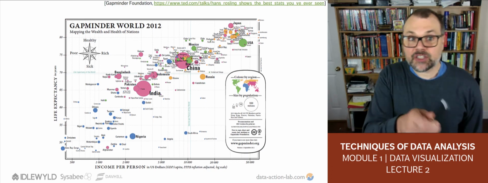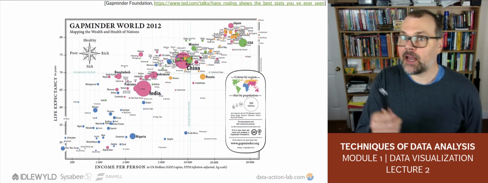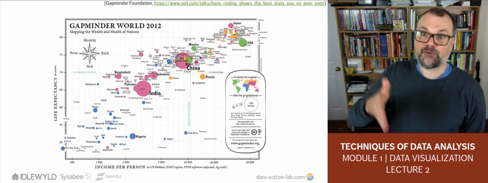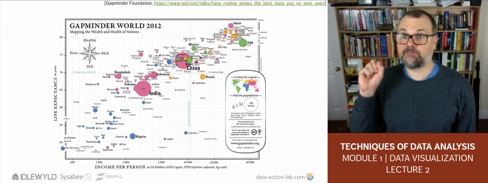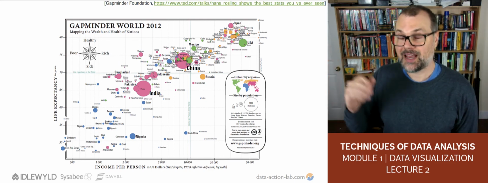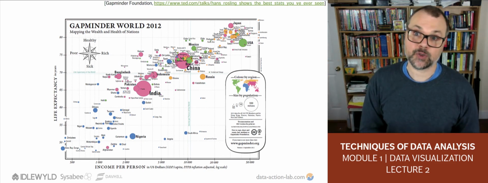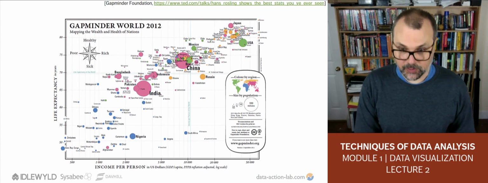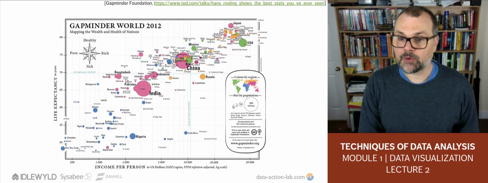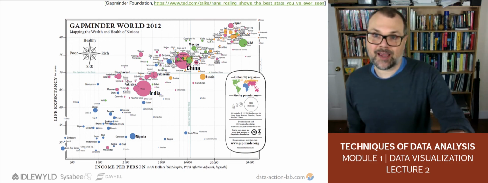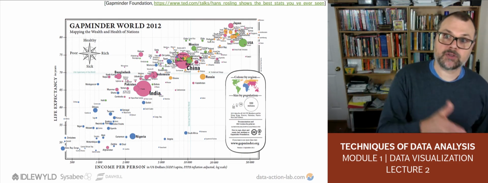So I have a question on Slack that asks me how I would incorporate time in that chart. In that chart specifically, statically, I could not incorporate time. But if I created the same chart for various years, I would create a bubble chart, a snapshot at various time intervals, and then you could stitch them together into a movie. So there's a tool online. I'm posting a link on the Slack channel, gapminder.org/tools, that basically takes this chart and runs through